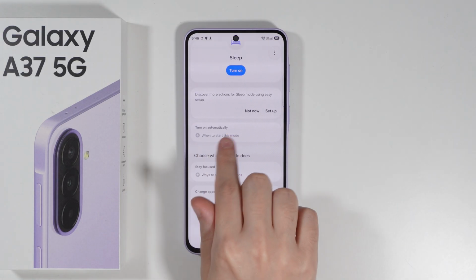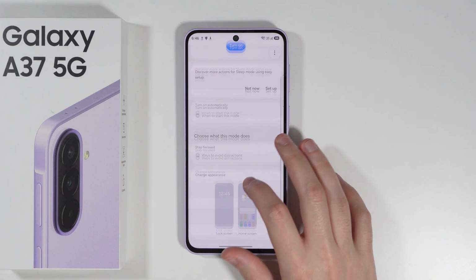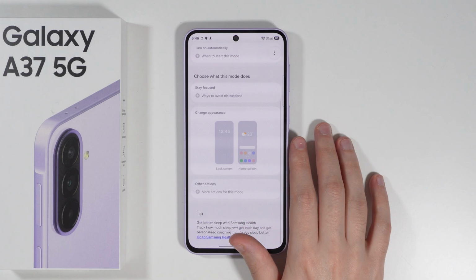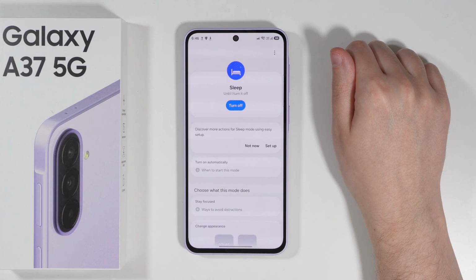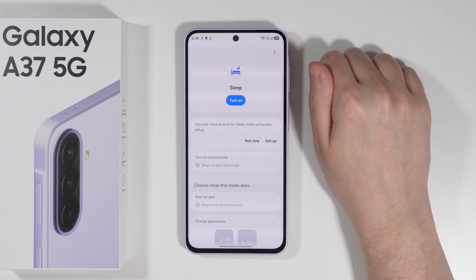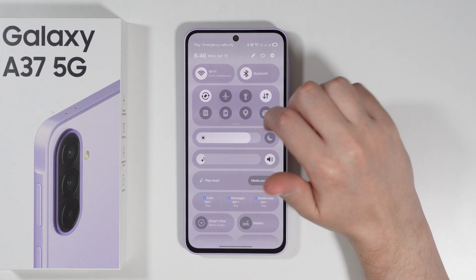You can customize it by creating an automation, so you can make the sleep mode be activated automatically. We can also make some appearance customization and so on and so forth. Or you can just simply tap on this turn on button to turn it on or turn it off the same way. Now if you activate it for the first time, then later on you can go to the quick